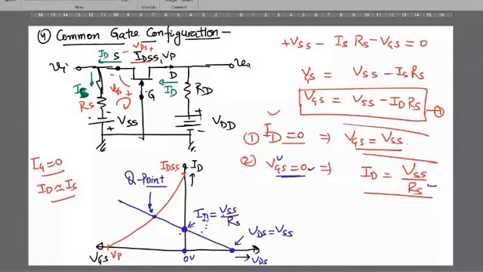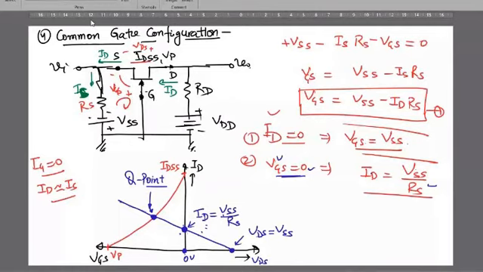So these are the 2 points that you achieve from these conditions. Passing through these 2 points, if you draw a line, then you find this line and this Q point can be achieved. In reverse manner, I am doing this exercise. Do you understand what I just want to deliver?